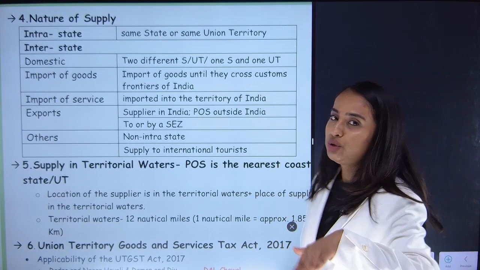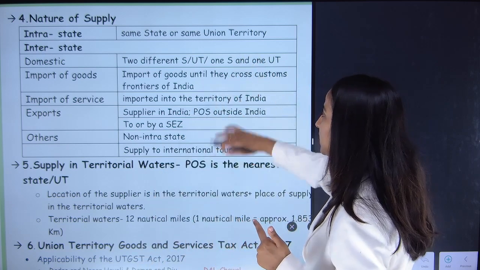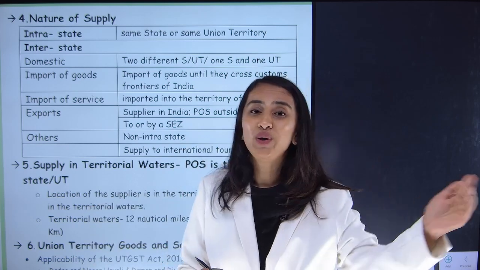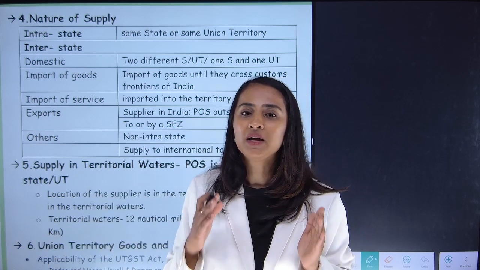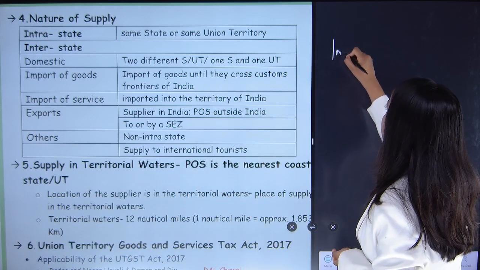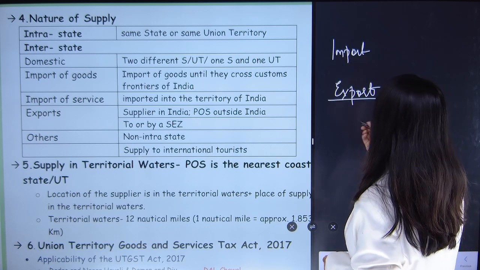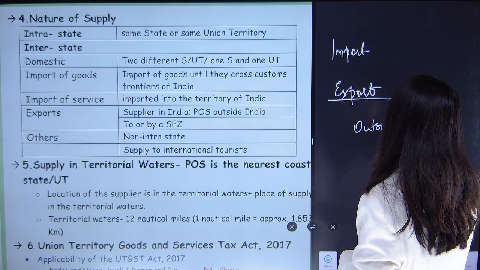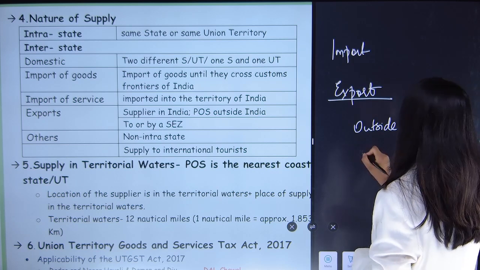What is intrastate? I told you it is within the state. What is interstate sales? So interstate supply. So these are the things. Domestic, again Karnataka to Kerala, domestic interstate sales. Next, if at all you import certain goods or services or you export anything, that will come under IGST, that is your interstate sales. So any category of import or export, what does this term export consist of? Anything outside the country. If you sell anything outside the country, okay, then supplies to and from SEZ,